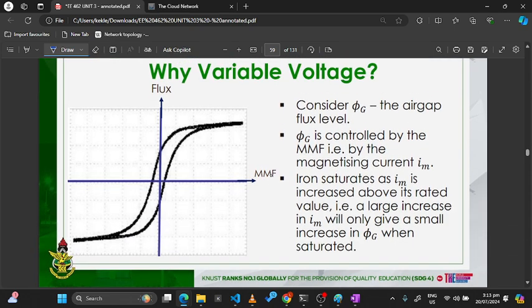Okay, so this shows the magnetization of maybe a magnetic material. Is that okay? So consider phi, that's the air gap flux level. Phi is controlled by the MMF. Okay, so what we are saying is